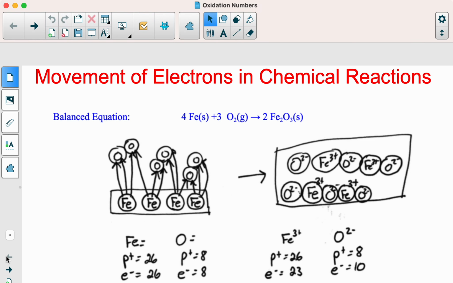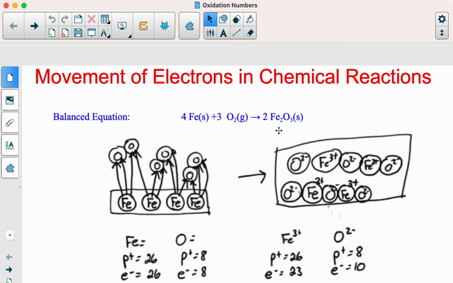When we talked about movement of electrons in chemical reactions back in chem study, we looked at situations where we could very clearly see how the electrons were moving. For example, the rusting of iron. We start with iron and oxygen that are just in their non-charged atom or molecule form, molecule in the case of the O2. And when we get done with the chemical reaction, we have an ionic compound where iron has a +3